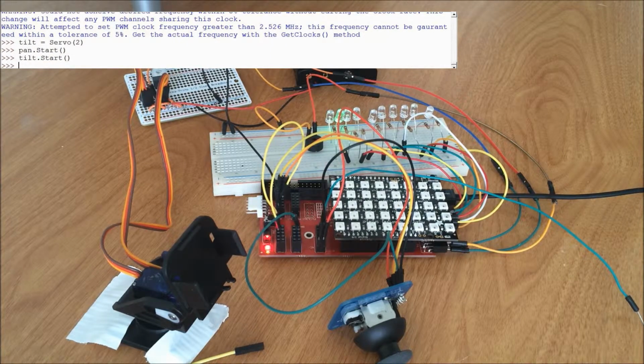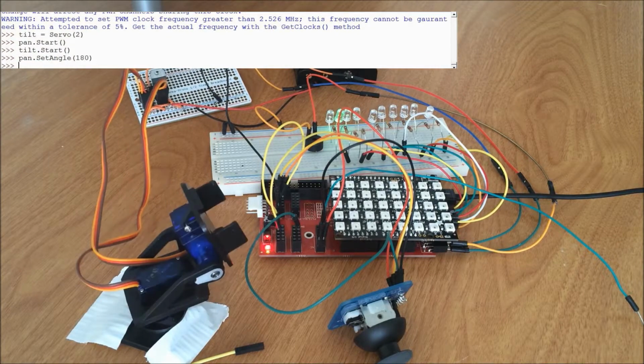Easy enough. Now they're set at kind of their neutral position. That's just how it works when you start them. They go to their neutral position. But I can move them, like set angle 180. This is their default angle range. So he'll move all the way over there. I can do